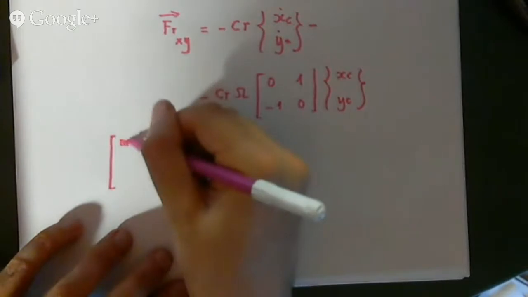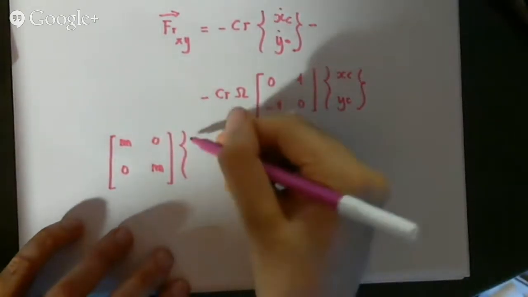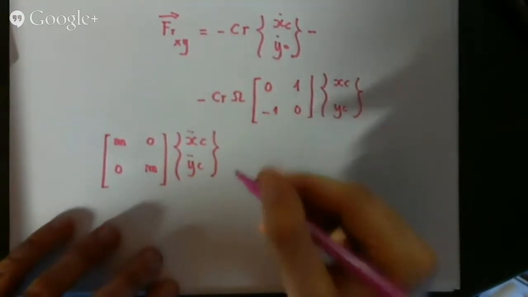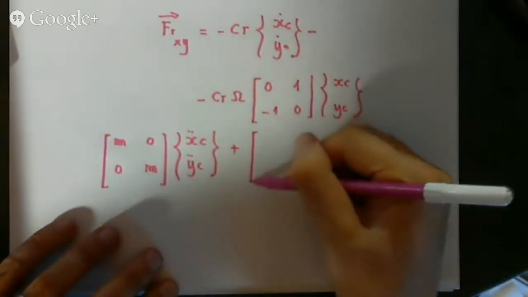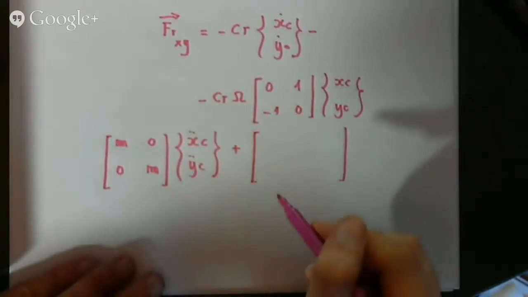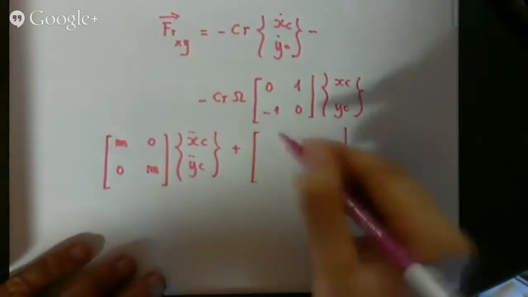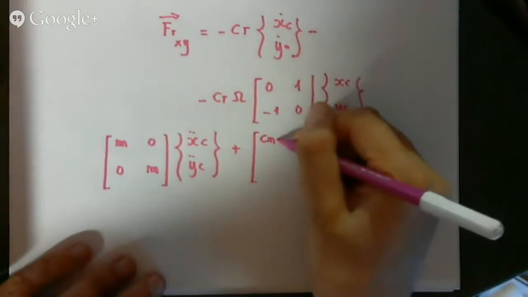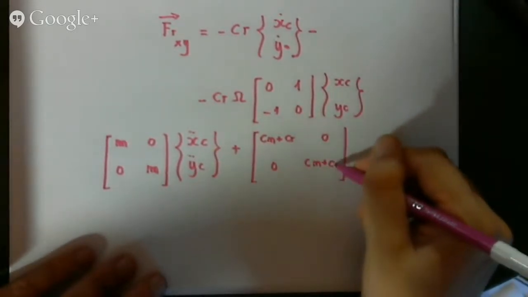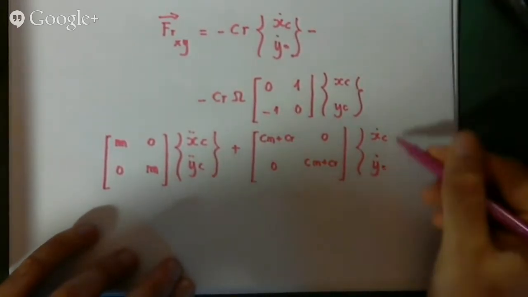The diagonal mass matrix M, 0, 0, M applied to x double dot C, y double dot C, plus a matrix containing the damping coefficients, non-rotating coefficient and rotating coefficient, in the diagonal position, so Cn plus Cr, 0, 0, Cn plus Cr, for x point C, y point C,